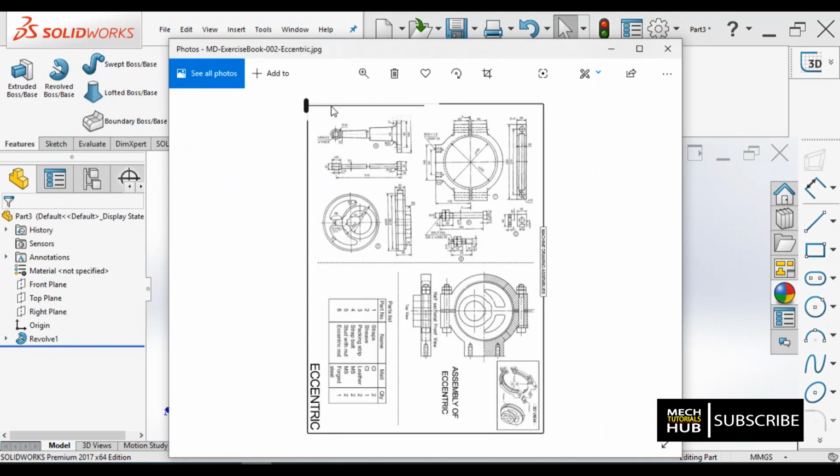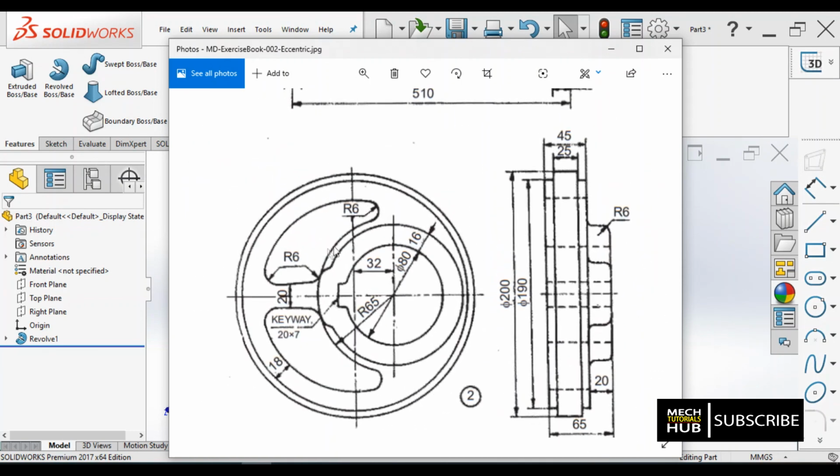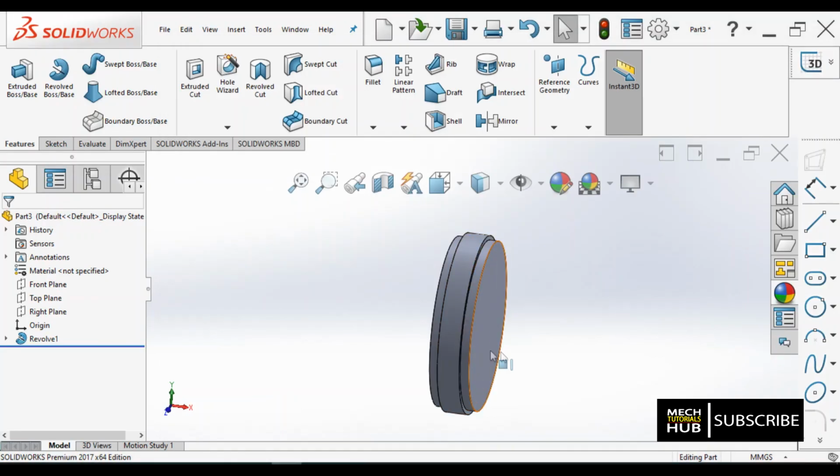Now to this particular sheave there are multiple features added. Let me add these two profiles first. For that, read the dimensions. Now this particular curve, the outer curve of the profile or the feature, is at an offset distance of 18 with respect to the 190 diameter circle. 18 with respect to the 190 diameter circle.